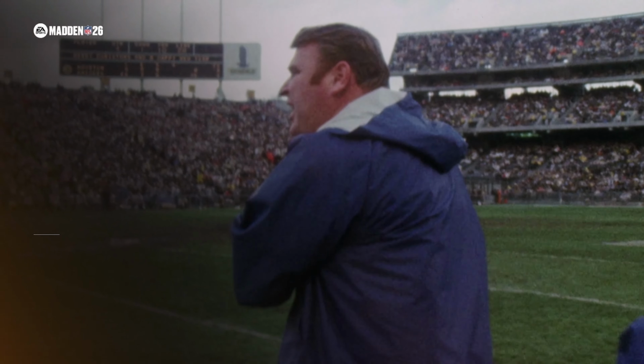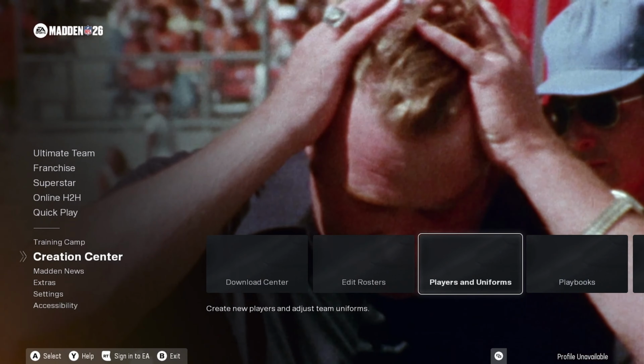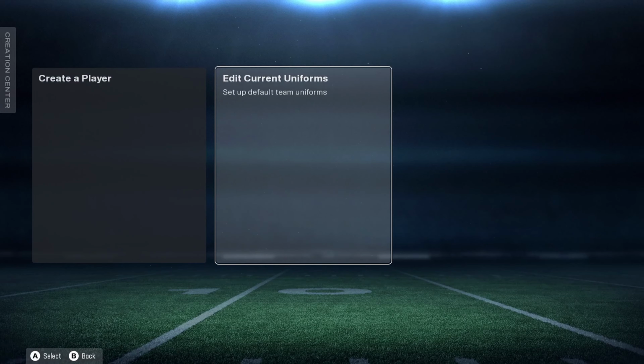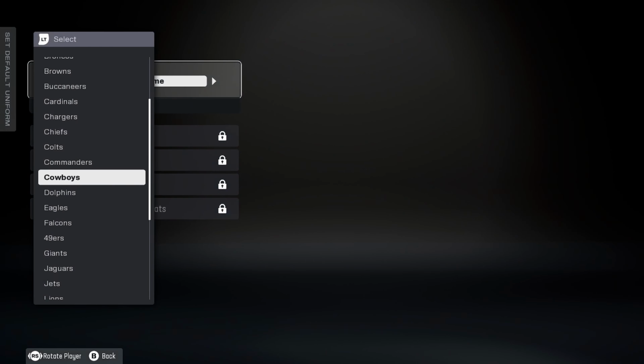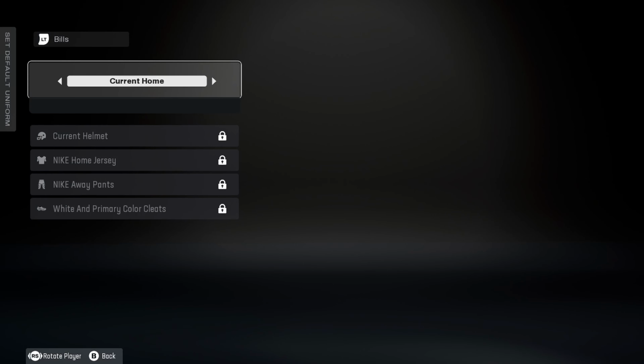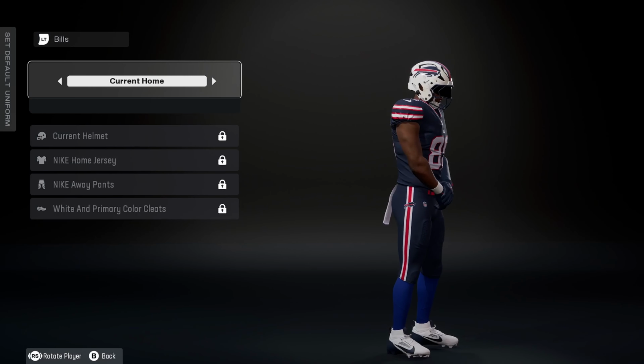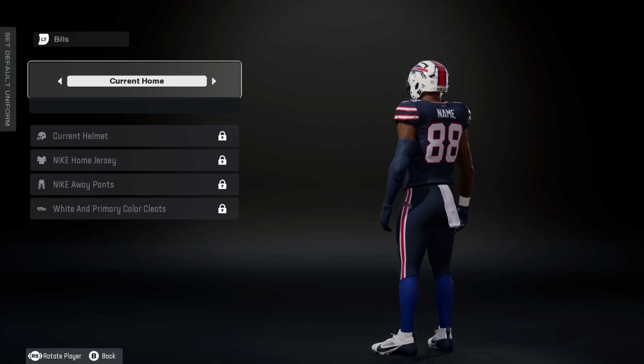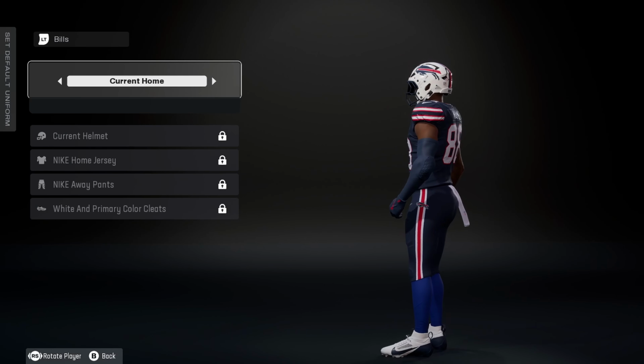All right. We are back. Now we are in game, and we can take a look at what we've been able to achieve. So players in uniforms, and we're going to roll on up to the Buffalo Bills and see their home jersey. And as you can see, hey, everything changed except for the socks. That happens. We'll take a second and we'll try to find out where that may have gone wrong, and we'll